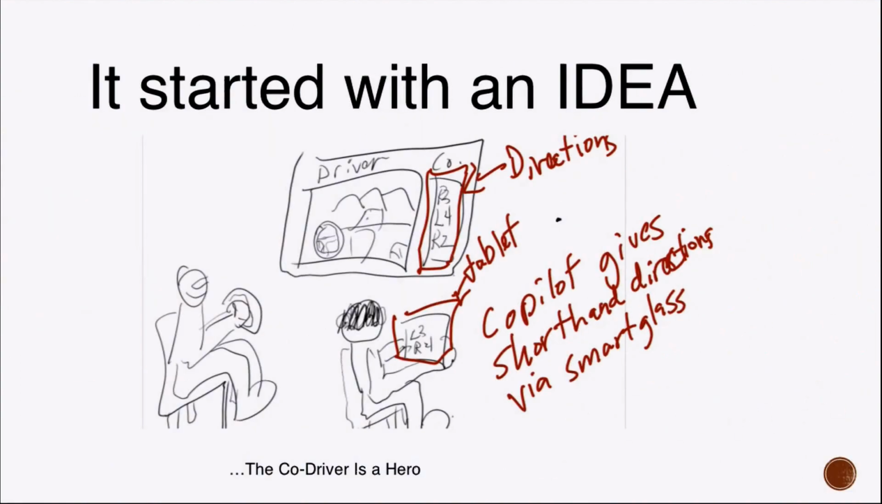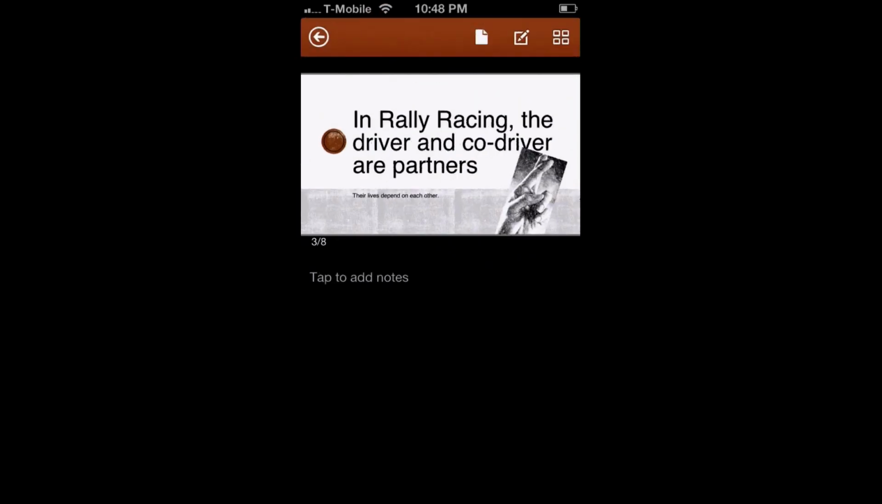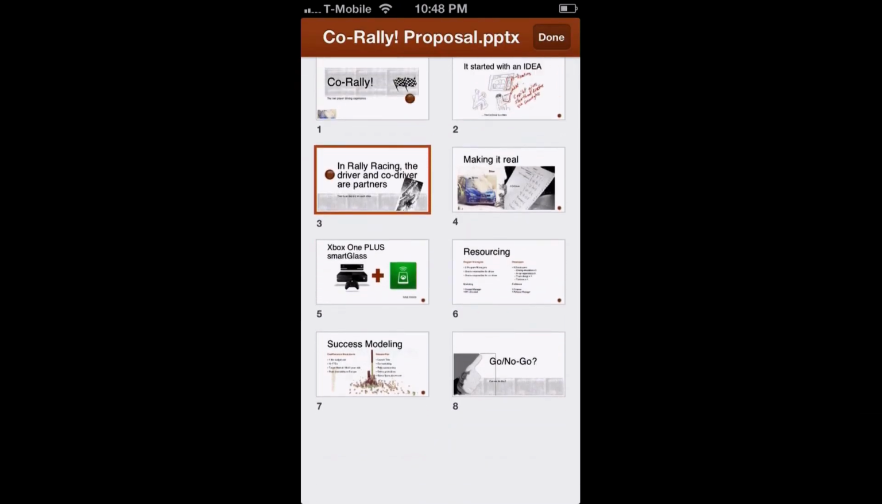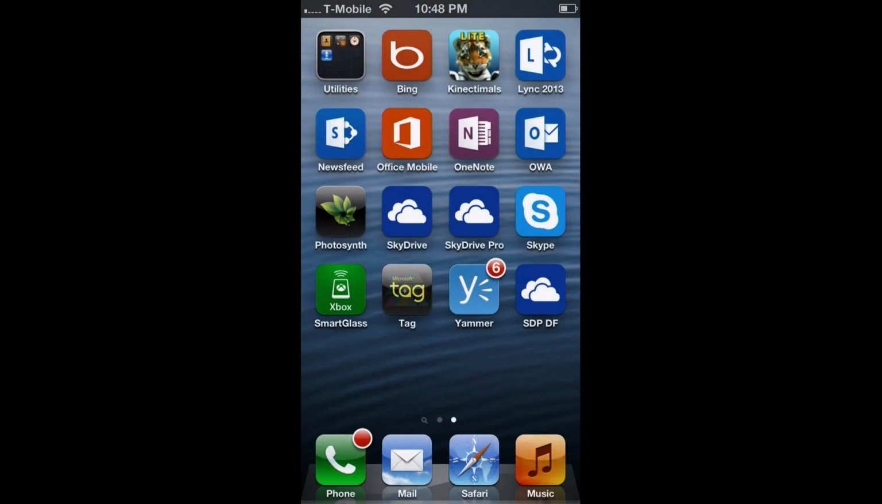I can actually swipe against my iPhone to see slide to slide. I can go ahead and pinch to zoom out to multi-slide view. I can go back into a particular slide I want to focus on. So that's all great. Now let's go ahead and go back to SkyDrive Pro, and I will open up that